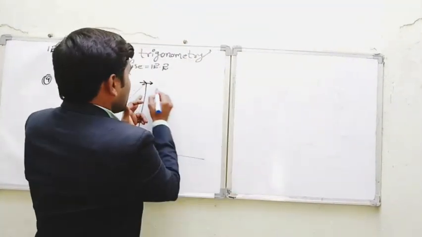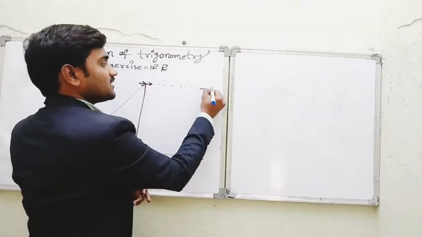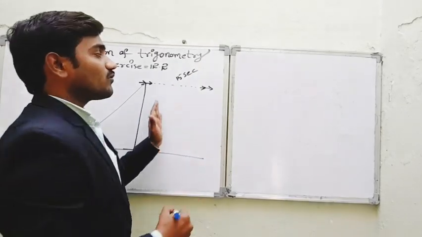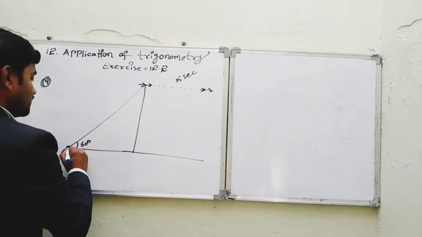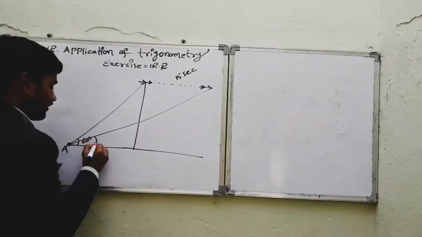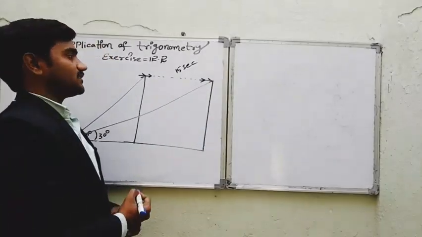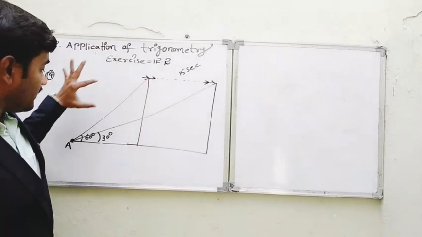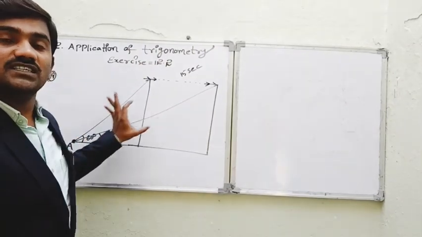Then after a flight of 15 seconds, the jet plane is moving, let us move the jet plane from here till here. Now the jet plane is here. After moving 15 seconds, the angle of elevation of the jet plane changes to 30 degrees. At the start it is a 60 degrees angle of elevation, and after 15 seconds, the angle of elevation is 30 degrees.